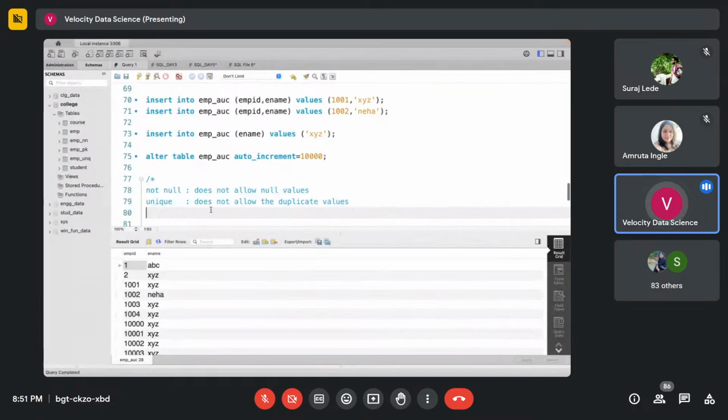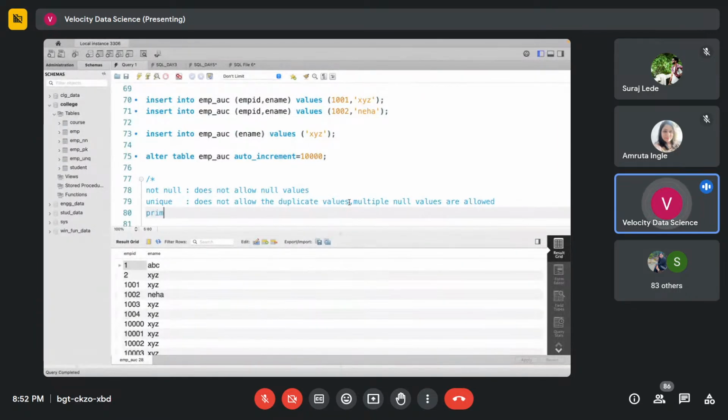Okay, again we can have n number of unique keys in a table. एक टेबल में मल्टीपल यूनिक कीज हो सकती हैं। उसके लिए हमें सिर्फ उन सारे कॉलम्स की डेफिनेशन में जिन्हें भी हमें यूनिक की बनाना है, we have to add this UNIQUE keyword so that all those columns will not accept any duplicate values. But here multiple null values are allowed क्योंकि एक null को आप दूसरे null के equivalent consider नहीं कर सकते।